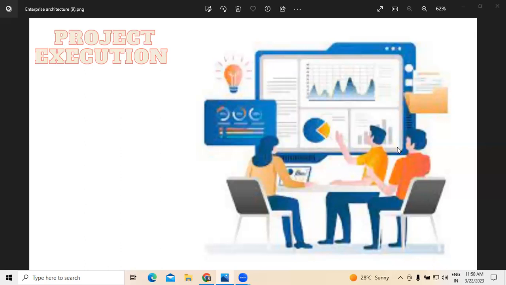Along with that, project execution also involves exchanging information about the project according to the plan. At the same time, soliciting feedback to ensure the communication needs which are required are met. And one more important element under project execution is to remove the roadblocks we come across while working on the project, to achieve work results based upon the requirements we have taken.